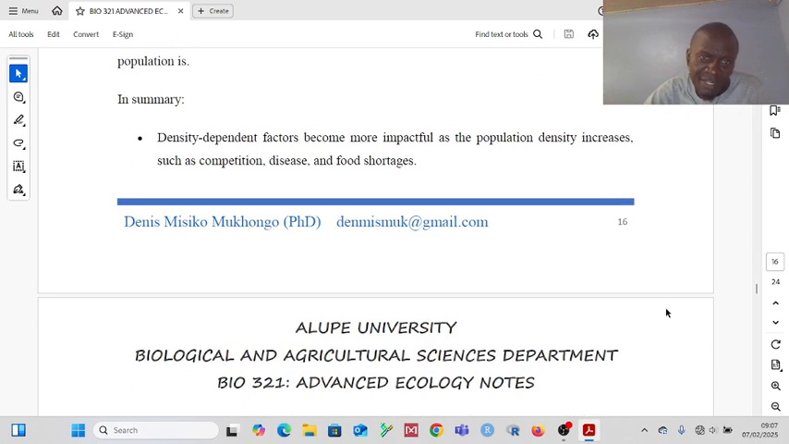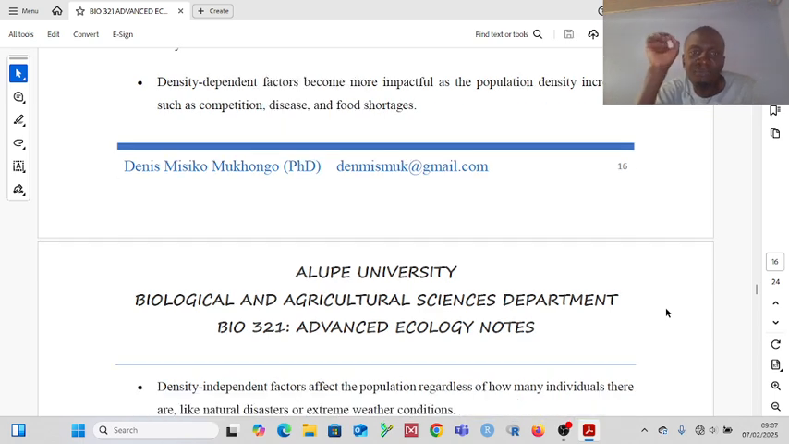So in summary, density-dependent factors become more impactful as the population density increases. So with the density-dependent factors, you are talking of things like competition, disease, the food abundance, okay? Because these ones, the occurrence of this relies more on the presence of a higher population. But for the